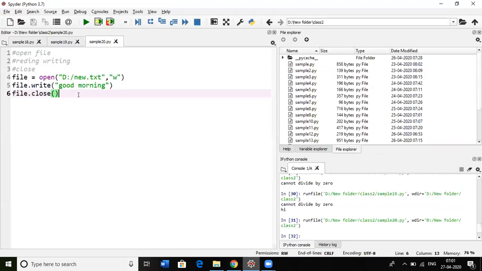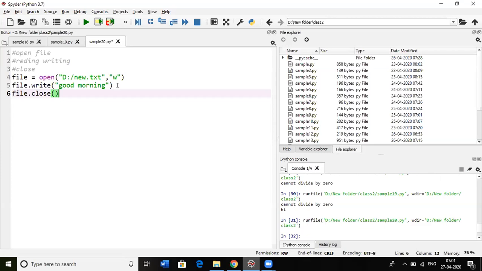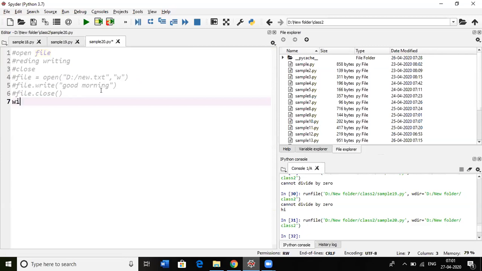This is not safe because whenever an error comes in a reading or writing operation, it will exit from the execution, so it will not close the file. So we have another method to write the file, that is, the with keyword. We can use the with keyword for